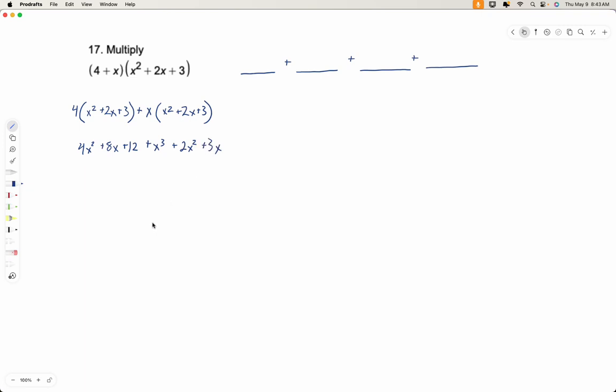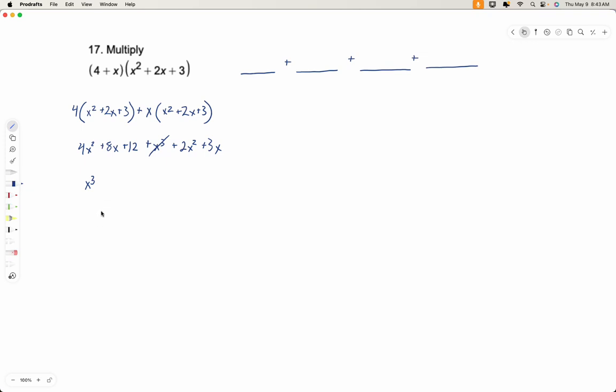Now we combine, and we want to do this in descending order of the variable, because that is the right way to write it. The right way to write it is in descending order of the variable, and that's descending degree. So the highest exponent goes first. That's really all you have to remember. So x cubed is the highest exponent, and there's not another one. So it's by itself, so we can cross it out.